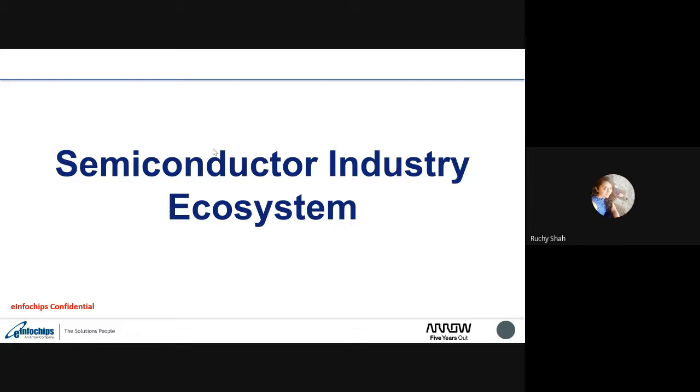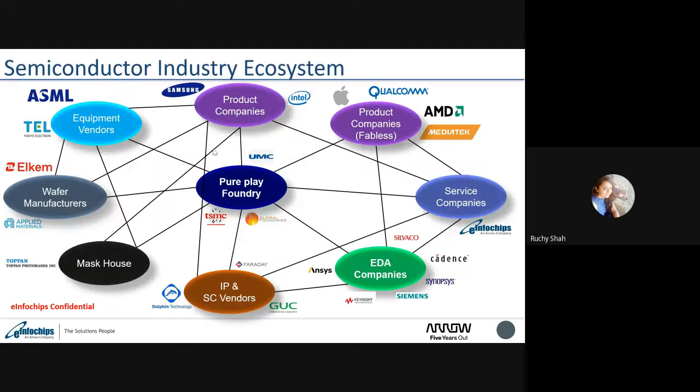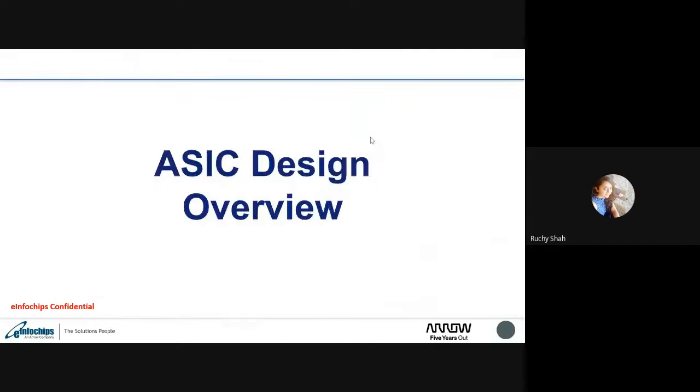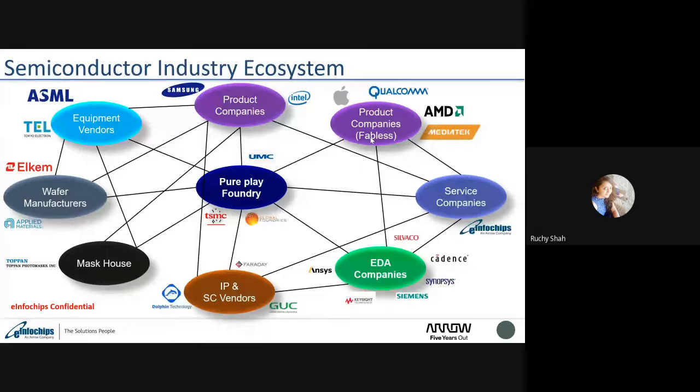Thanks. So first of all, I would like to talk something about the semiconductor industry ecosystem. As we know, no one industry can develop a product individually. So there must be an ecosystem. You can see there are various types of industry involved in developing any product. Whatever product you are using, electronics, gadgets, they are directly fabricated from the foundry.